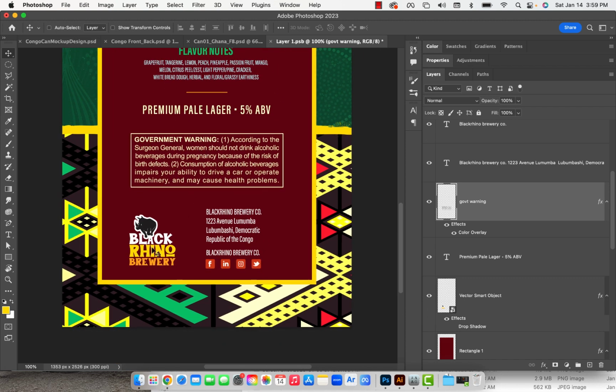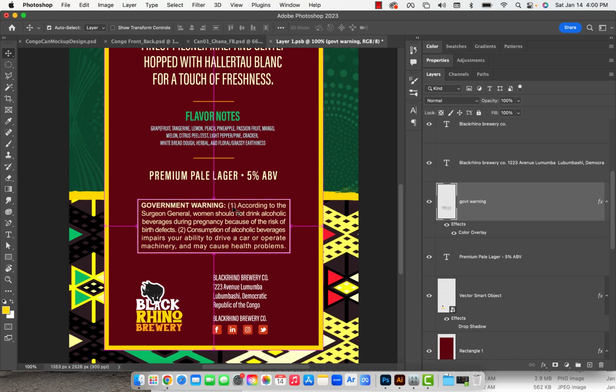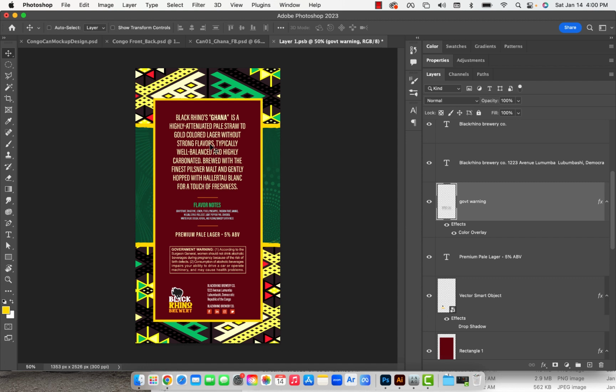Then underneath it, I repeated the logo from the brewing company, and then some information about where the brewing company is located, and some social media, all that stuff. Just go online, find a fictional address, modify it, and use it. And that's the back of the can. But what I did, as you recall, I copied all the stuff from the front onto the back, and then changed up a few things. Okay, so now when this is saved,